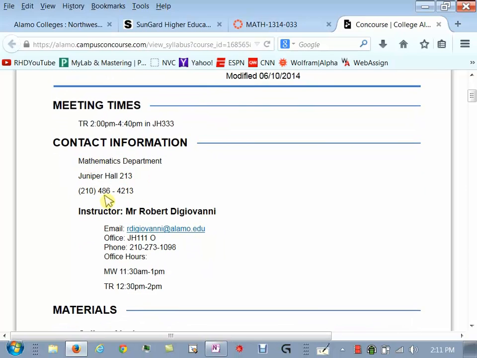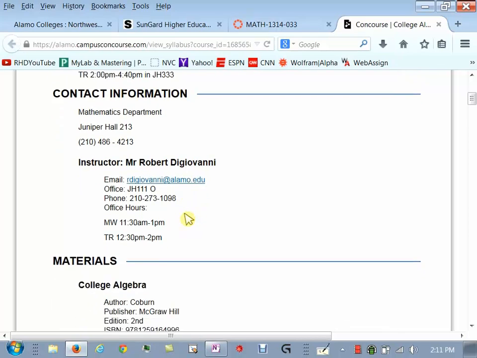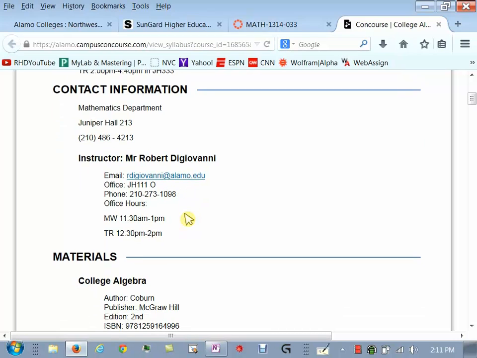This is the math department. If you need to go to the math department for something, then they're right here. Just go down one floor. It's at the end of the hallway over here, room 213. That's the phone number. I didn't introduce myself. Robert DiGiovanni is my name. This is misspelled. It's a capital G, but I don't really care. Call me anything respectable, you know, Sir, Robert, Mr. D, whatever, just not Bobby, not Bob. Those are the two things I don't go by.